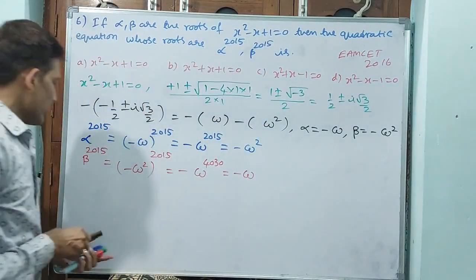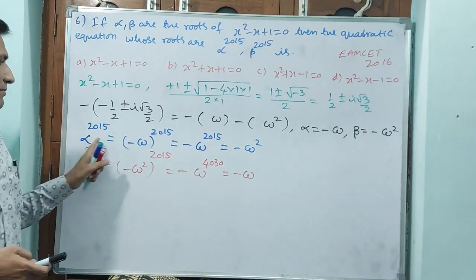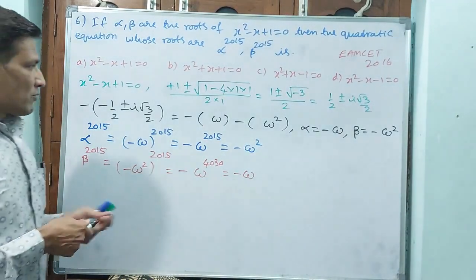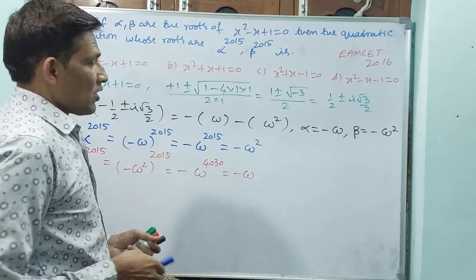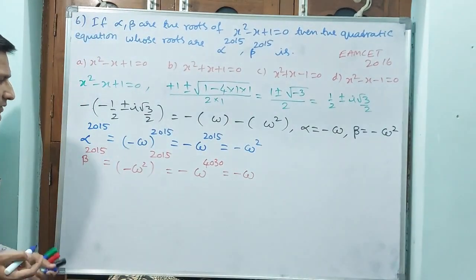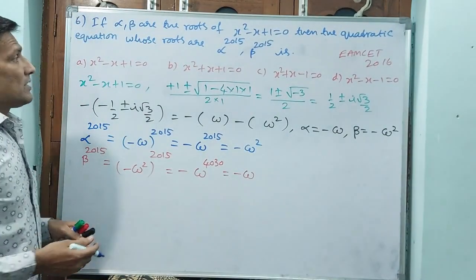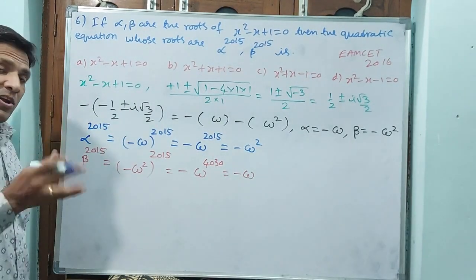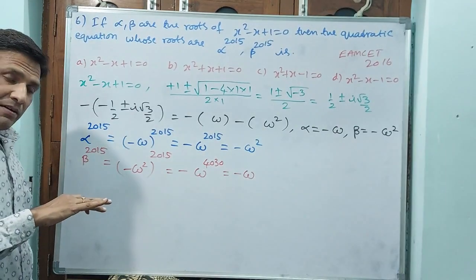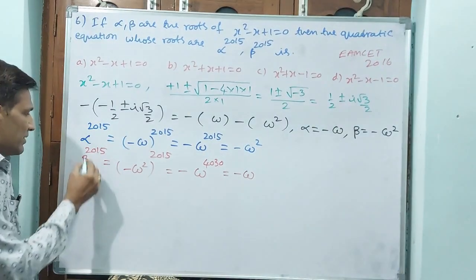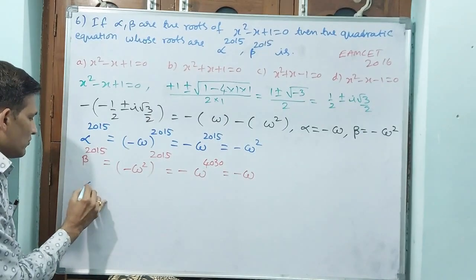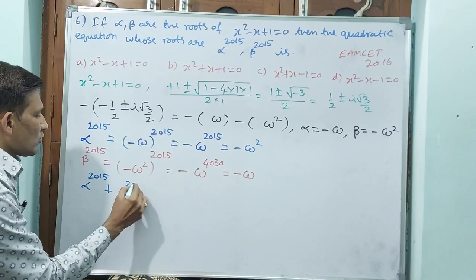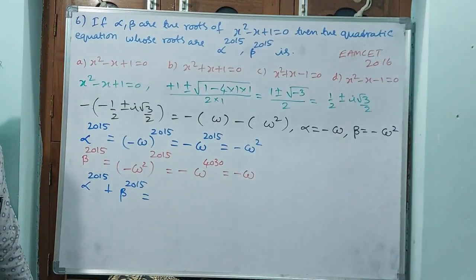Okay. Now you close this, rub this one. And now you see, alpha power 2015 is this one, beta to the power of 2015 is this one. Now what I am doing, now you require two roots. Two roots are these only. But see, for the equation you have to find, alpha plus beta and alpha into beta we have to find. That means, see, for this equation these are the roots. That means you see alpha to the power of 2015 plus beta to the power of 2015 is equal to,